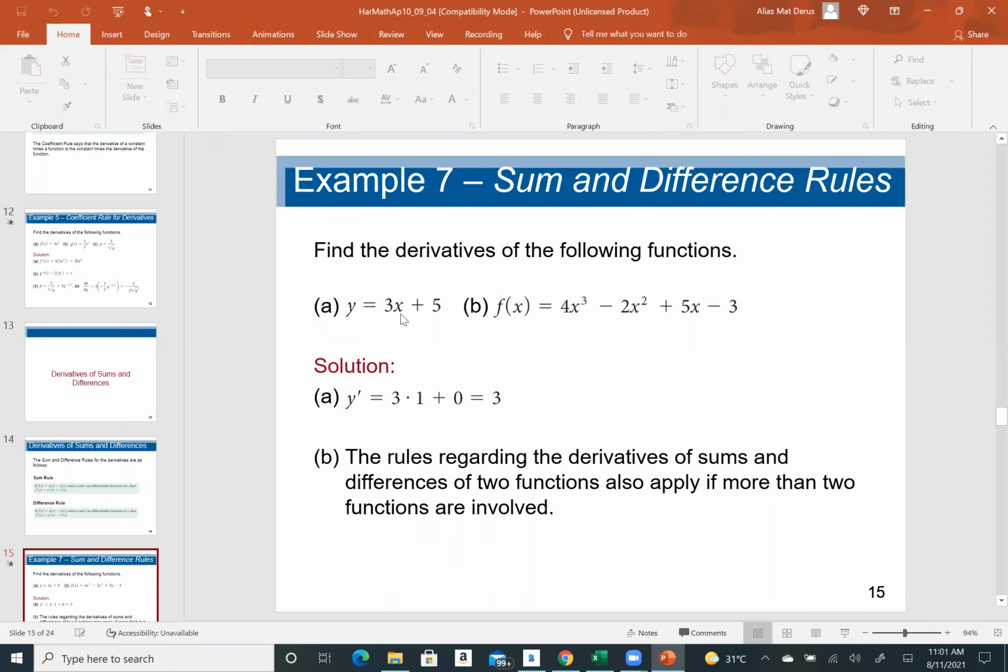3, 3, 5, constant, 0. So what do I get is 0. So solution for A, 0. Okay, B. All right, B, I have